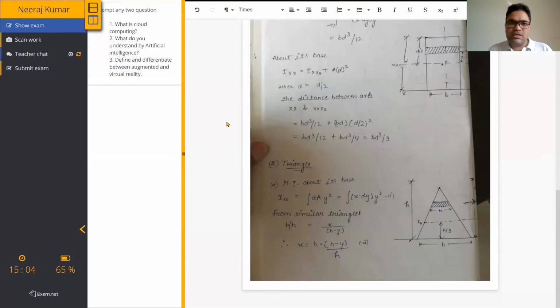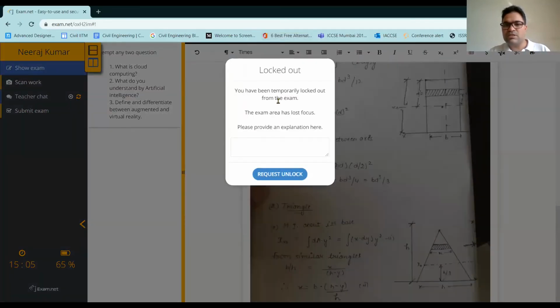I want to say that the system on which you will be taking the exam is actually AI based. If you click on the cross point here, and I want to go to another window, you can see that the exam is being logged out, and it says you have been temporarily logged out. So by chance, if you go to another window on your laptop, the exam may be temporarily logged out.